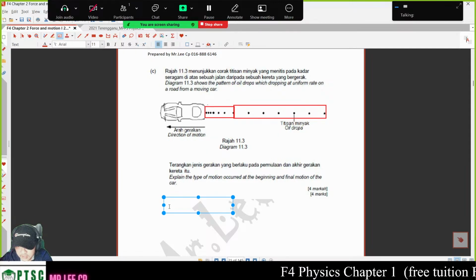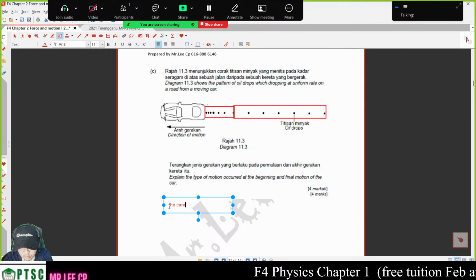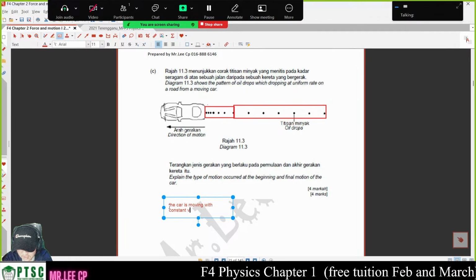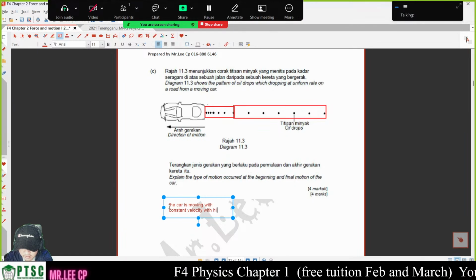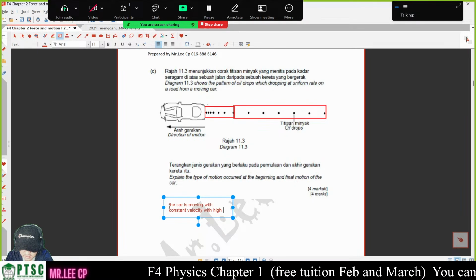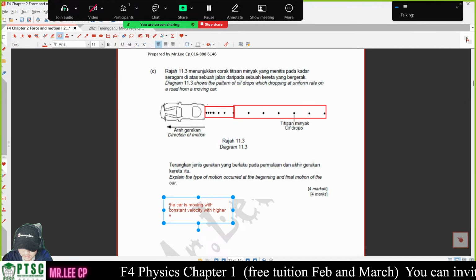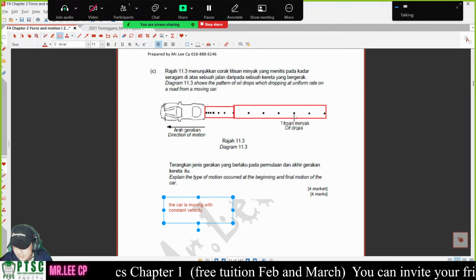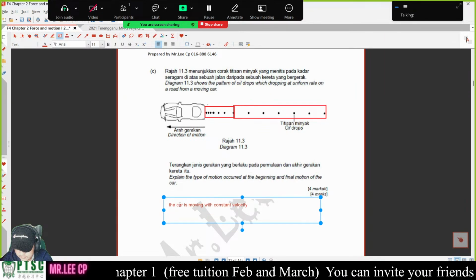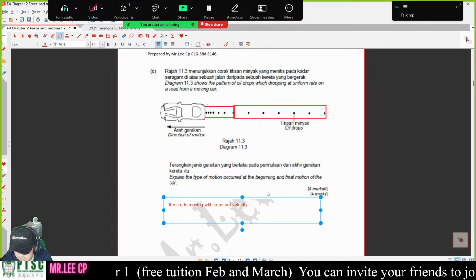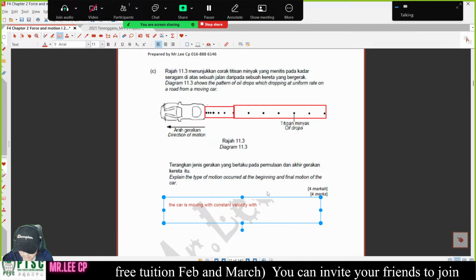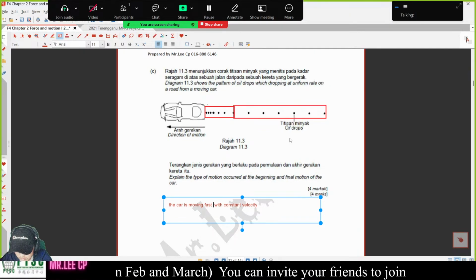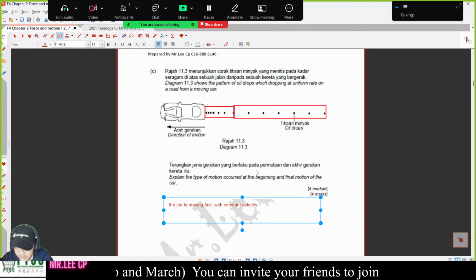So, what happened is the car is moving with constant velocity with higher, fast. It is moving fast because the distance is far, right? Here it is moving with constant velocity, moving fast with constant velocity. Yeah. Okay. Now at the end,